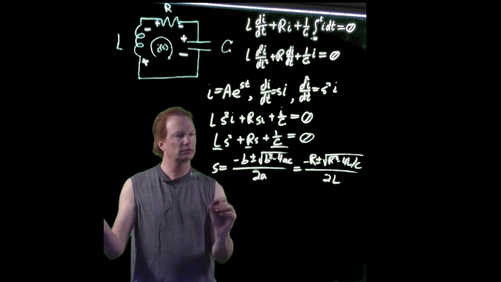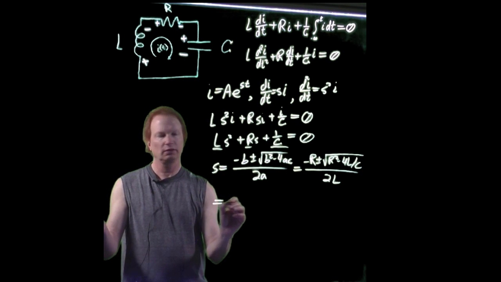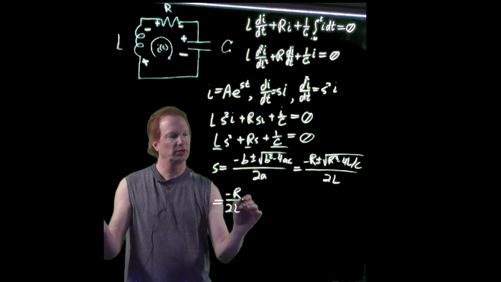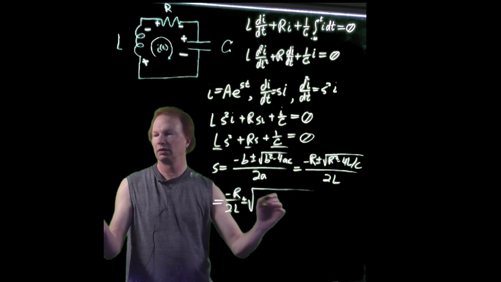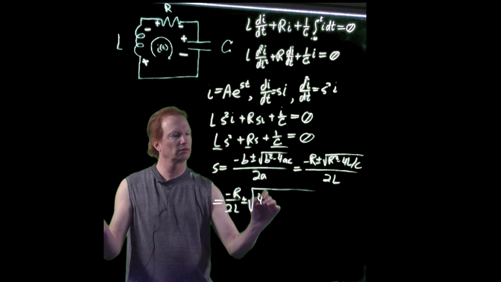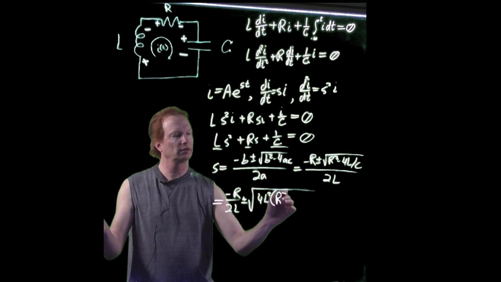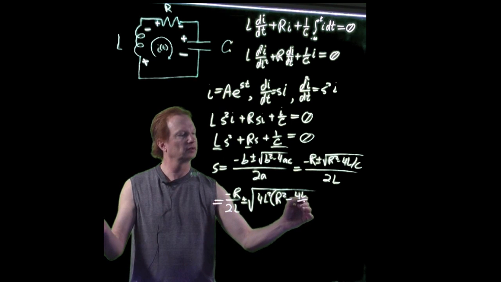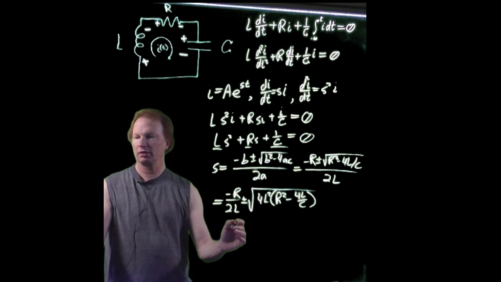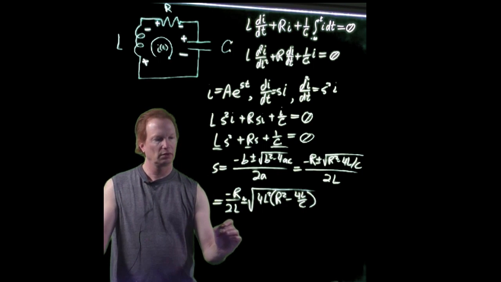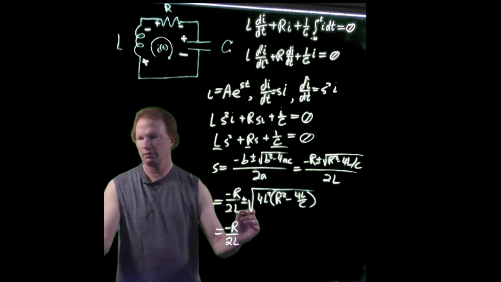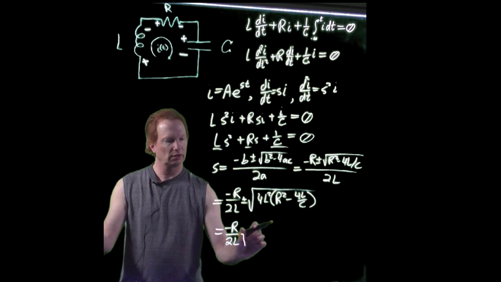So this ends up being minus R over 2L plus or minus the square root of 1 over 4L squared times R squared minus 4L over C, which then becomes, let's see, plus or minus